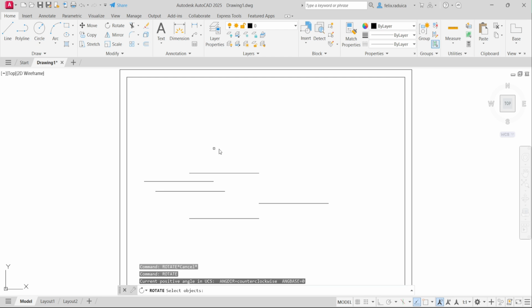So I'll give the rotate command, and now it asks me which objects I want to rotate. I select this one. Do you want to select any other object? No, so I'll tap enter on my keyboard. Now it asks me for the point, which will be the fixed point around which the rotation will occur. So let's say I want to rotate, and this should be my point. So END enter to snap to this point here, click, and now I have to give it an angle to